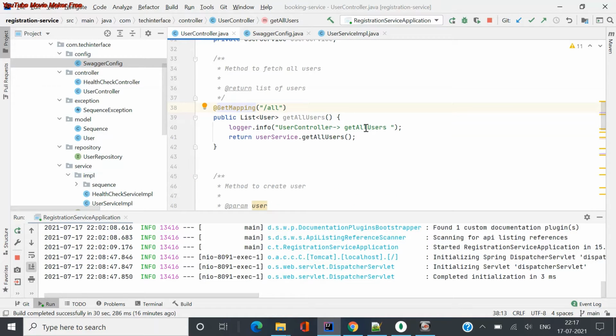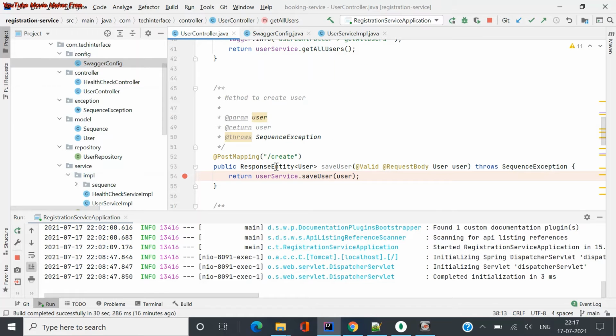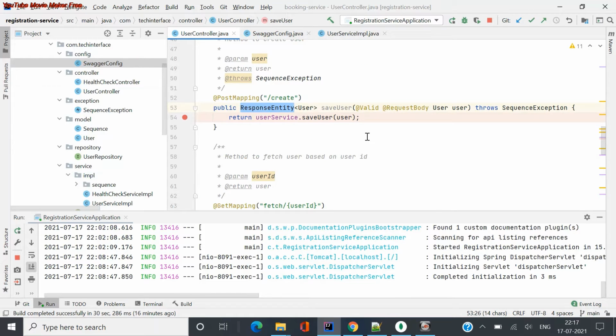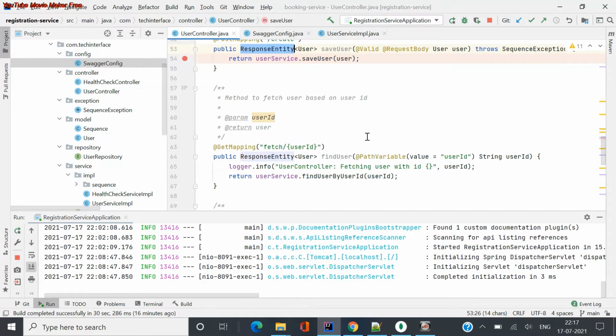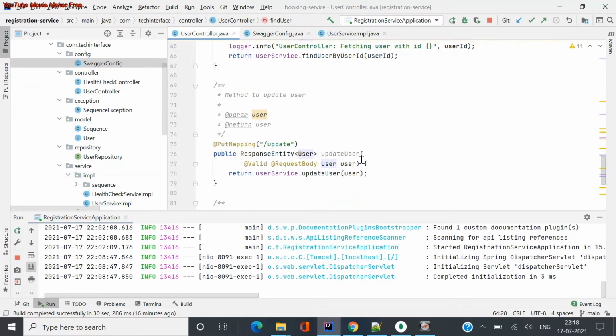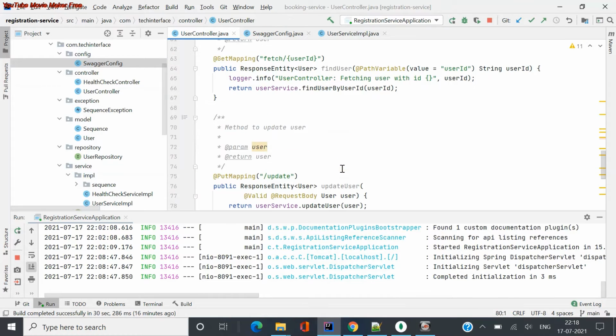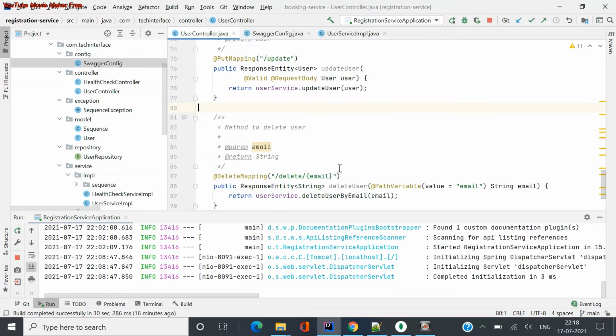And one more important thing here: always use response entities for your return type, so that you can return proper error messages or a proper return type or an HTTP code, so that the UI can handle it very easily. If you just return a user or just return a void or a string, something like that, then the UI has to have its own custom messages defined for everything. Instead you can just return a code and it will be easily identified by the UI code. If we return a 200 it's a success, if it returns a 401 it's not authorized, and all those things you can define here.